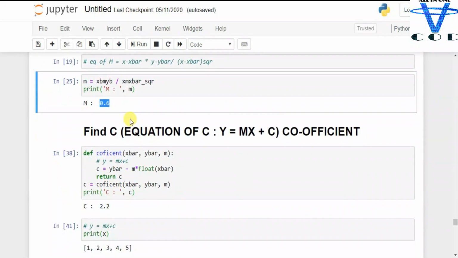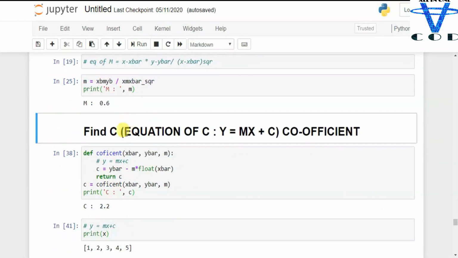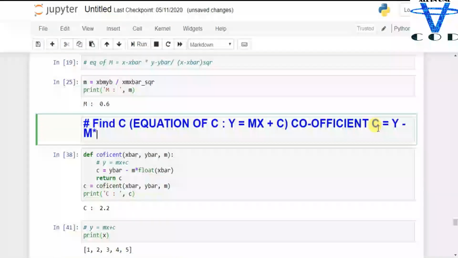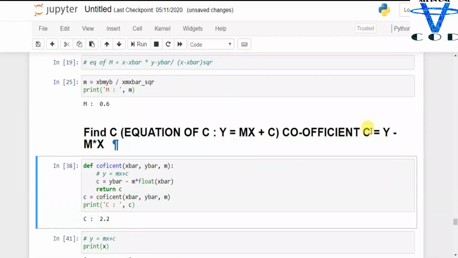If I rearrange this, the equation is c equals y minus m into x. So this is our coefficient equation: c equals y bar minus m into x bar. So we got c equal to 2.2 in here, and then we have c and m.